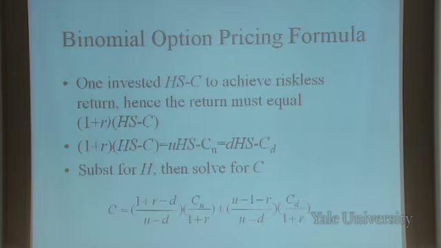They're perfectly correlated with the stock price over this interval, because if the stock price goes up, you know you've got C sub U. If the stock price goes down, you know you've got C sub D. So you have only one source of uncertainty, but you have two assets. So you can put them together to eliminate risk. And if you put them together that way, they have to earn the riskless rate. And you just solve for it, and you get this value for the call option.